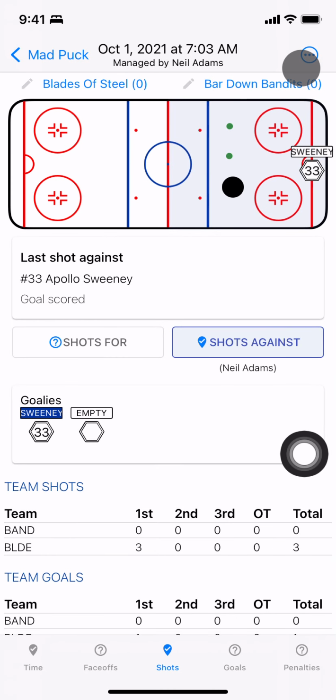Now you'll notice a few things here. First is that the goals for the other team are now 1, which is the number that's in bracket. And you'll notice the last shot card indicates goal scored. The last shot card is missing the goal button because we just marked it as a goal, and there is no way to undo the last shot as a goal if it's done from here,